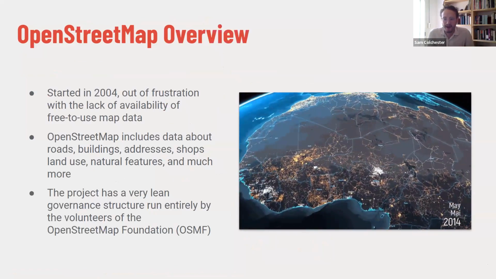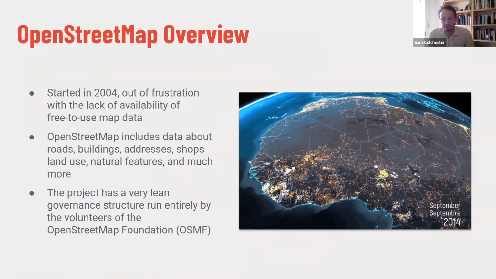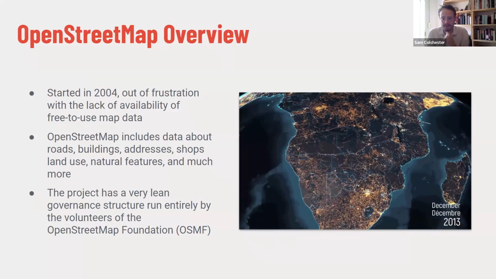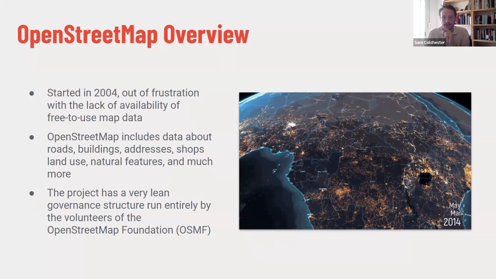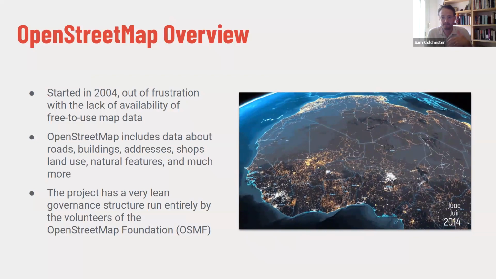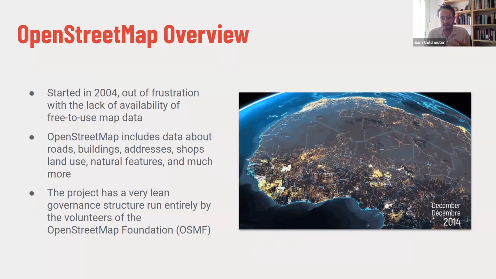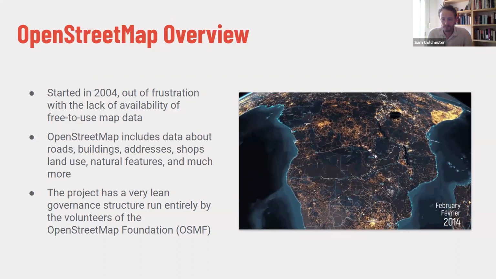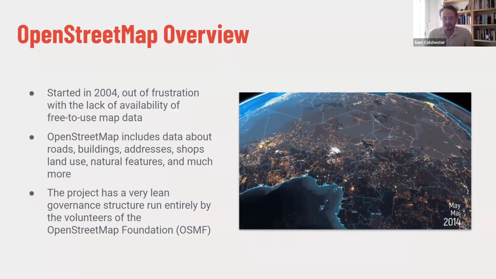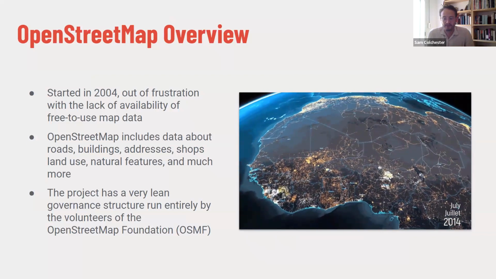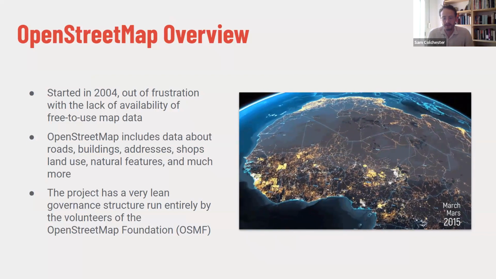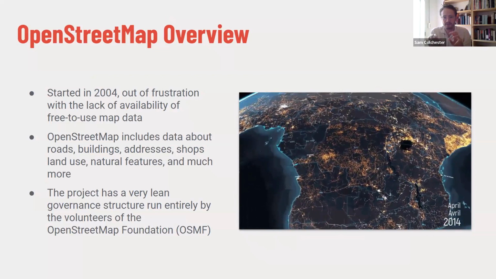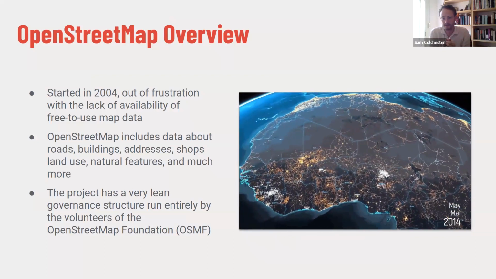Now, why did it come about? What's the origin? Well, in 2004, a student based in London was really frustrated with the lack of availability of free-to-use map data. And so that student created OpenStreetMap. And when it was first created, just very small patches of the world were mapped by mapping enthusiasts.